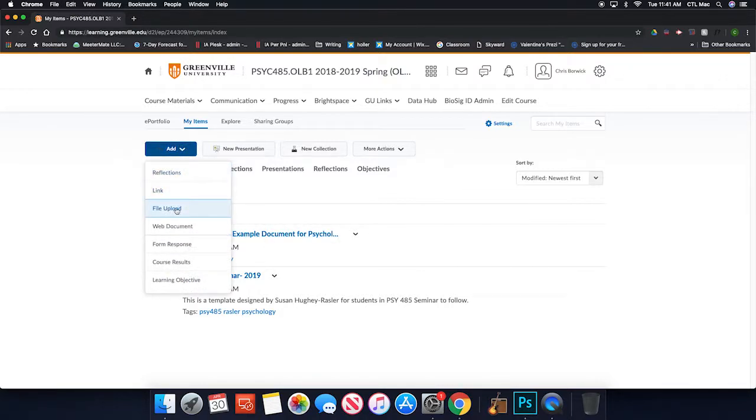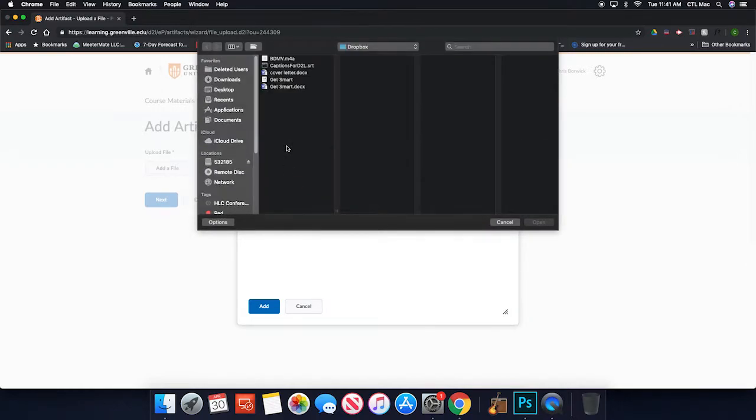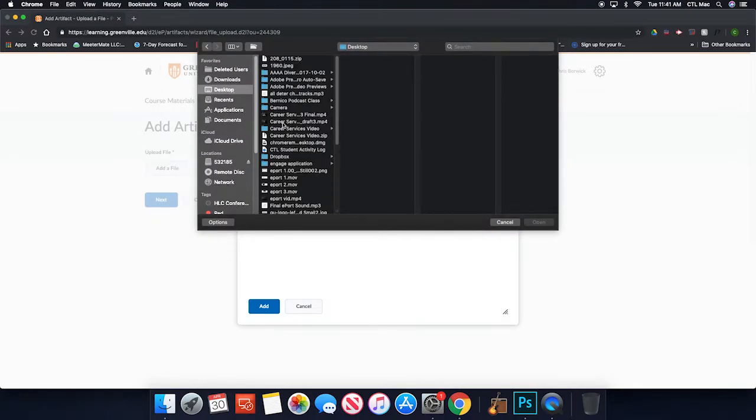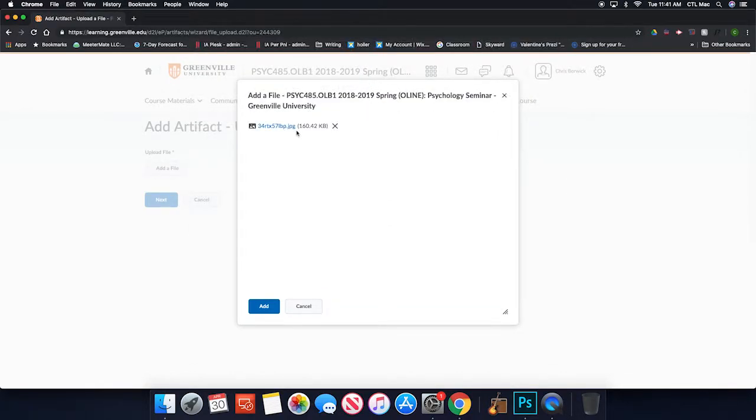So I also want to add a photograph, so I'm going to click Add again, choose File Upload, follow the same steps as before, click Upload, and this time I'm going to find a picture or photograph from my camera. Select that. Notice it's a JPEG, it's a different file type, that's okay. Click Add,